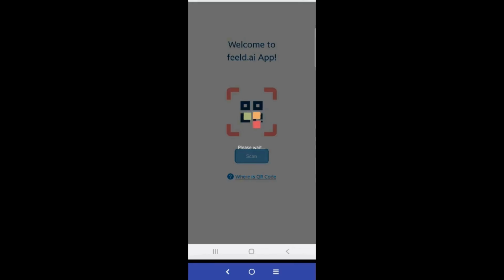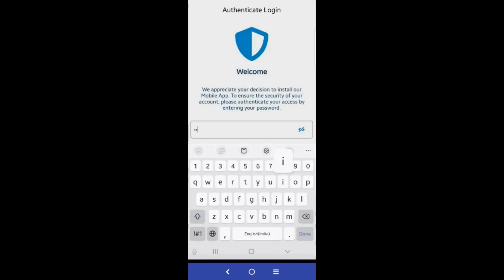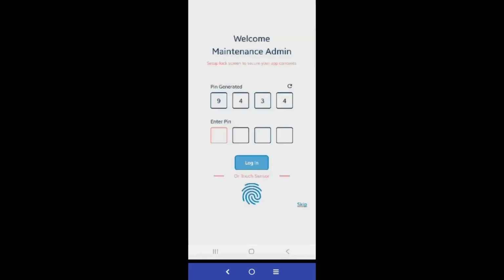After scanning the QR code, it will open the mobile application, and the user needs to enter valid login credentials to access the mobile application. After entering the password, the user clicks on the Done button, and the user will navigate to the password screen. If the user wants to set a password for the Field.ai application, it can be set as either a PIN